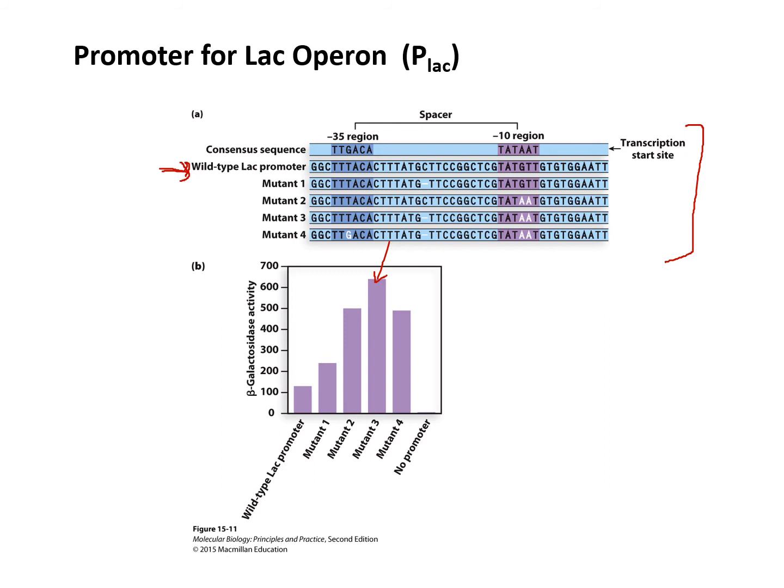And then if we add another mutation down here in this other element, we lose a little activity. But this just shows you a consensus sequence. It represents the commonalities of DNA sequences over many, many different samples. And so there are many cases where a promoter element doesn't match perfectly to the consensus, but it's